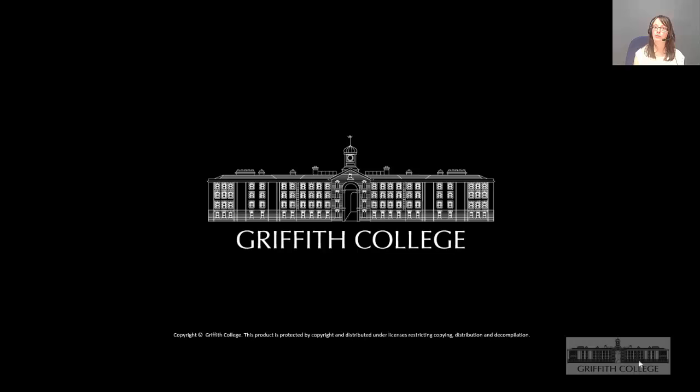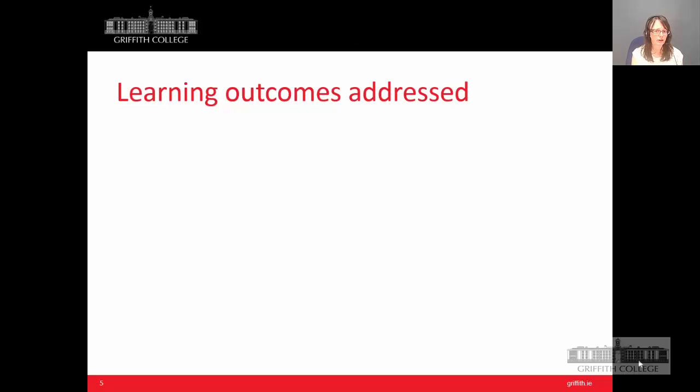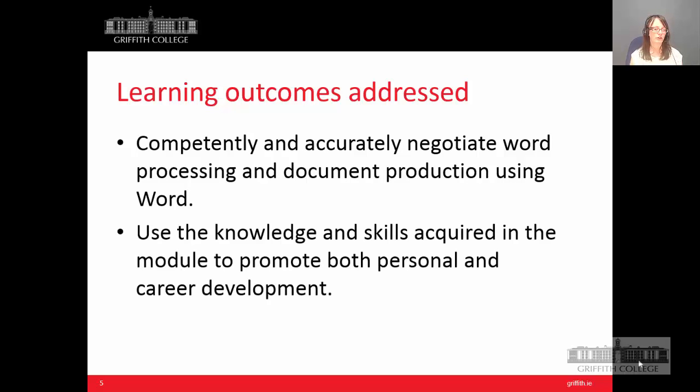This week we are going to be looking at using Word to produce documents and professional documents and reports, and also we're going to be looking at how maybe you can use it for your academic work as well. The learning outcomes to be addressed here. The first one's pretty obvious, it's negotiating Word. The next one here is part of the knowledge and skills that can feed in towards your professional